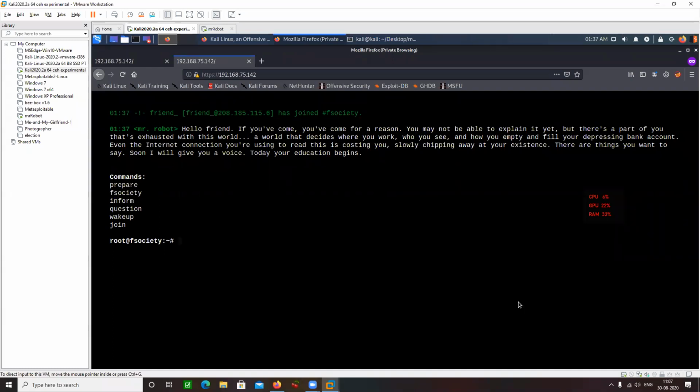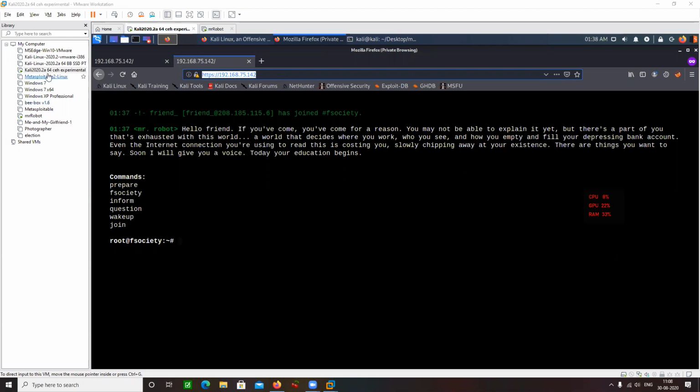So I'm receiving a question in the chat. Sir, I'm not able to find the IP address of Mr. Robot after the host discovery. Okay, great. Site can't be reached. Why is the site not being reached? Because you are not going to have the same IP address here. What are you using? Are you using VMware or VirtualBox? VMware.